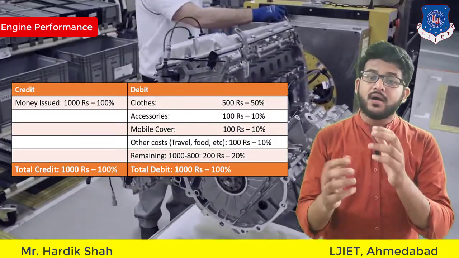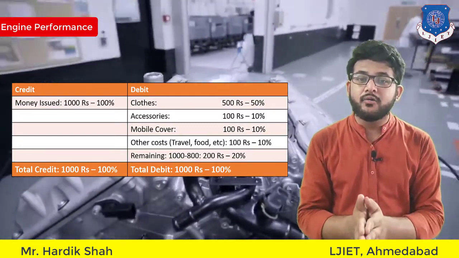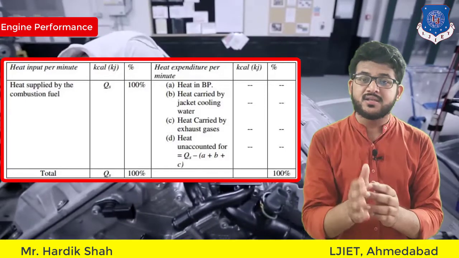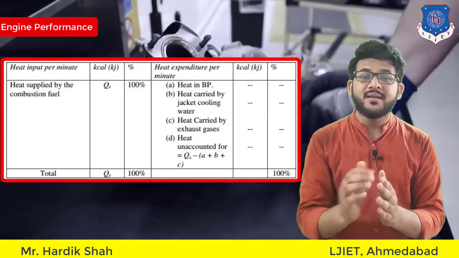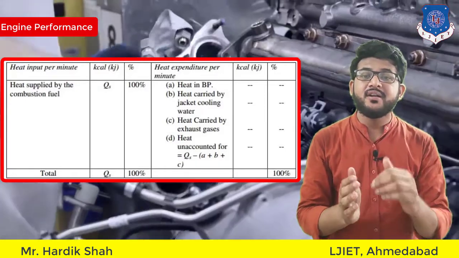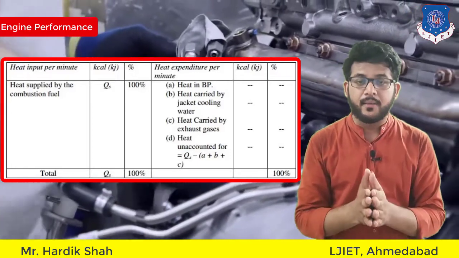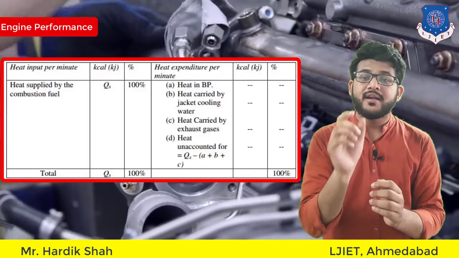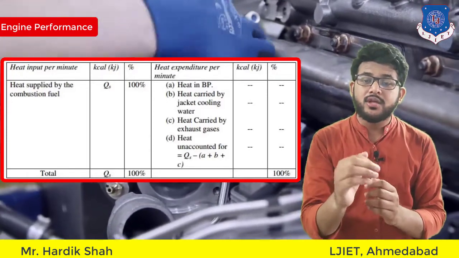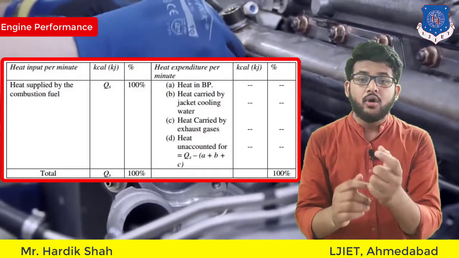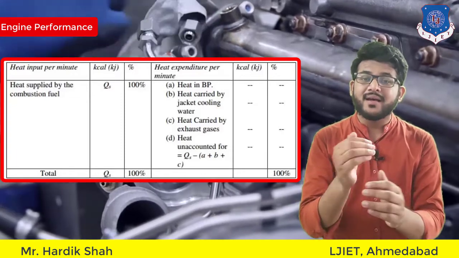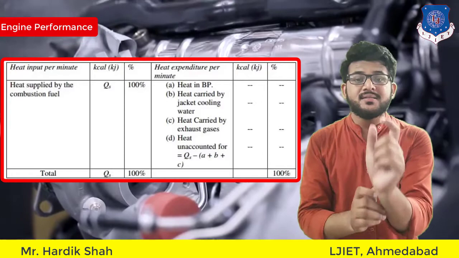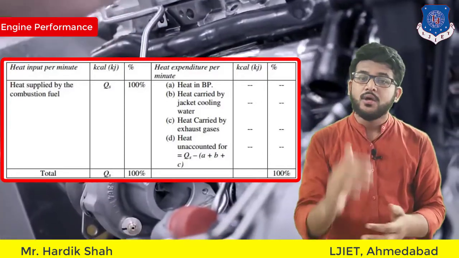In our case, in the heat balance sheet, we are making the same kind of sheet for the engine, in which there are two parts: one is heat supplied and the second is heat rejected, or heat utilization. We balance both of them to find in which type of power or where in the engine the supplied heat is used. So we can calculate the real source of heat and also the real consumption of heat in an engine. Okay, so let's start.